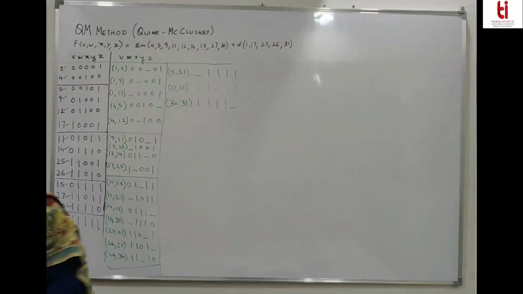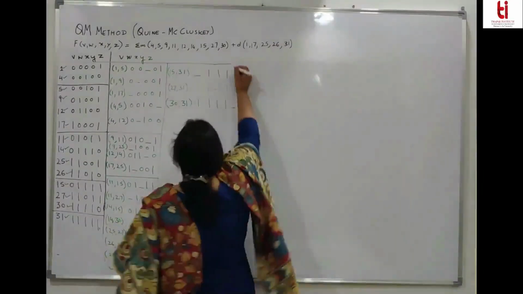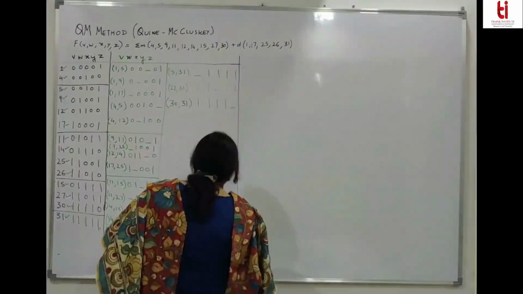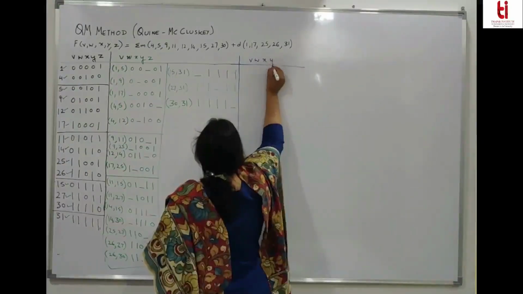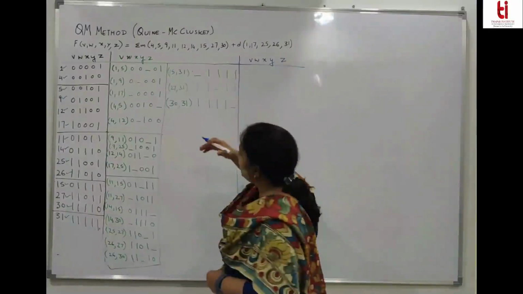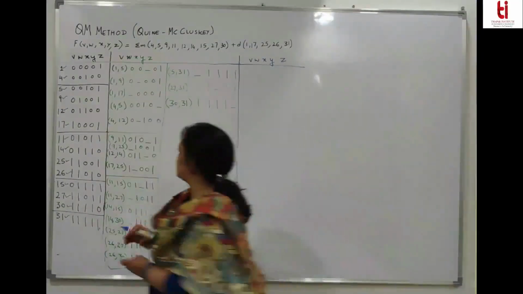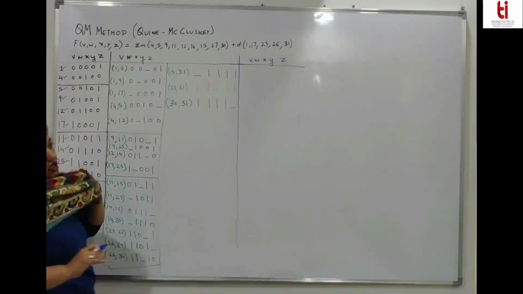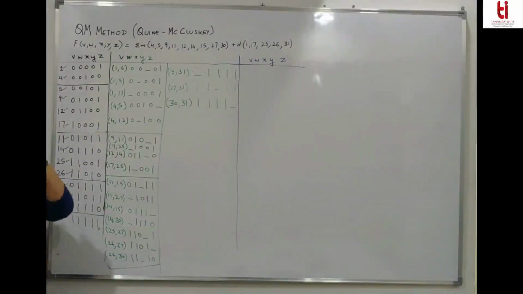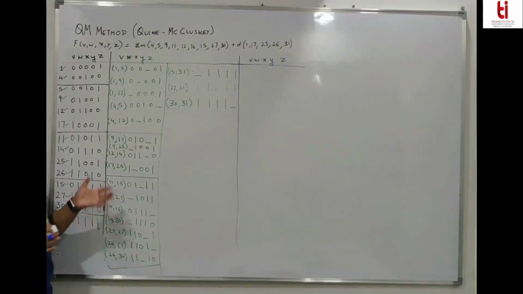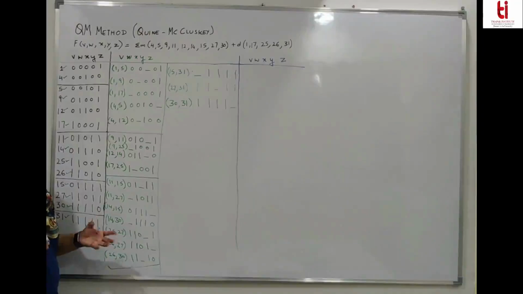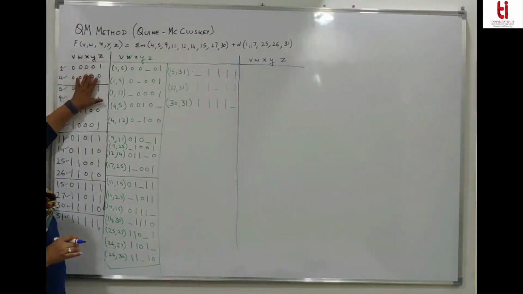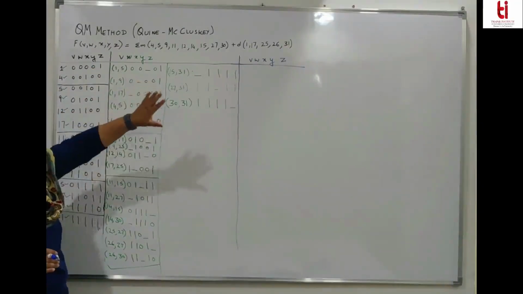Again you have to make the pairing of groups. These are the groups. You have to pair them. How to pair them? You have to match the dashes. The terms whose dashes are being matched, they'll make a quad. 2 groups, these are the groups, and they are making pairs. So if you join 2 pairs, it will make a quad. ठीक है? पहले single terms थी, उनको जोड़ा pairs बने, उनको जोड़ेंगे तो quad बनेगा.